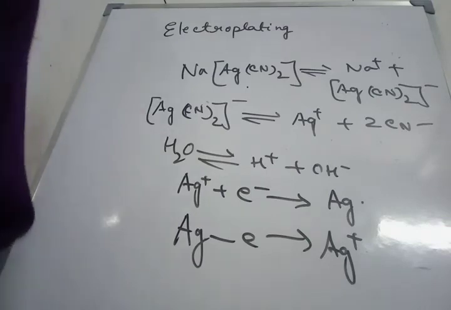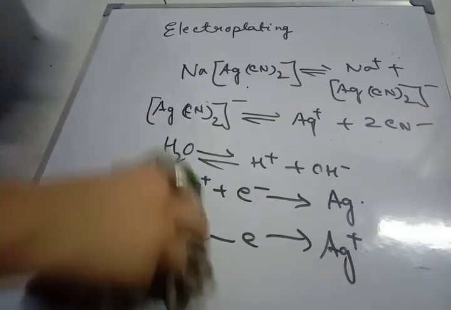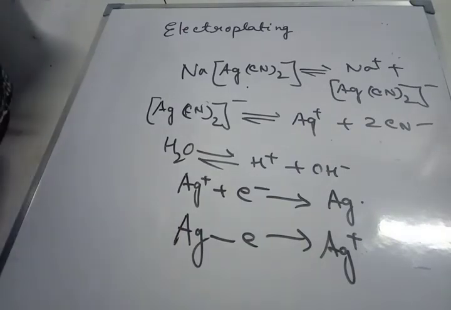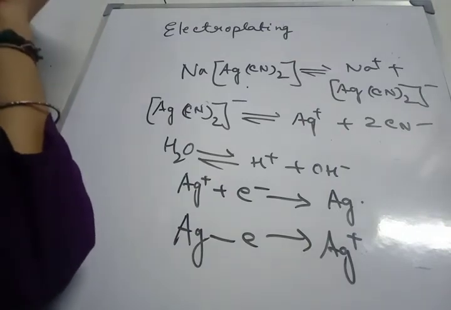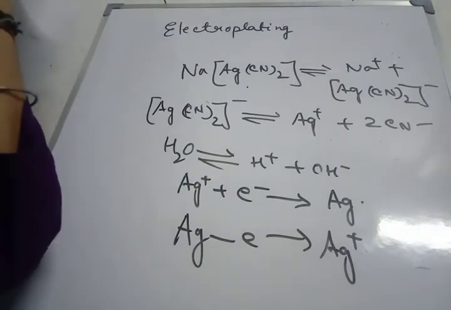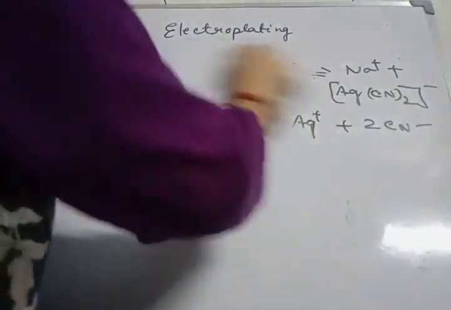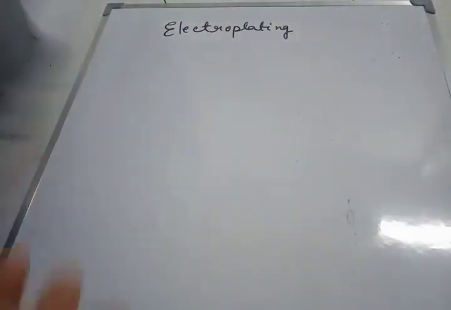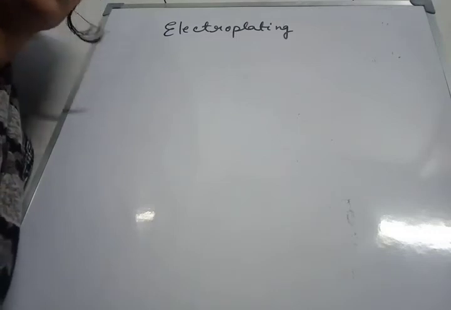Okay, next is electroplating of an article with nickel. In this particular case, the electrolyte is a concentrated solution of nickel sulfate, and the electrodes: the cathode is the article to be plated and the anode is a block of nickel metal. So nickel sulfate undergoes dissociation as Ni2+ and sulfate ions, and we have water obviously, which dissociates as H+ and OH- ions.